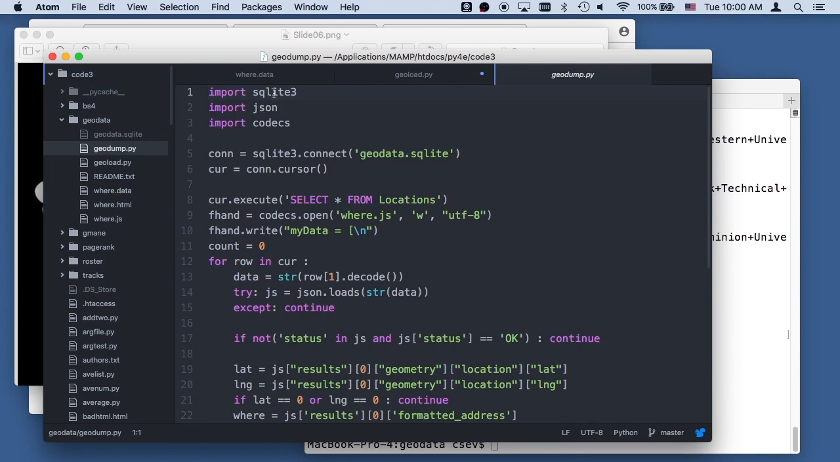And so now we're going to import SQLite and JSON. We're going to connect ourselves up. We're going to open this with UTF-8, because it's UTF, and we're going to read through. And in this case, we are going to